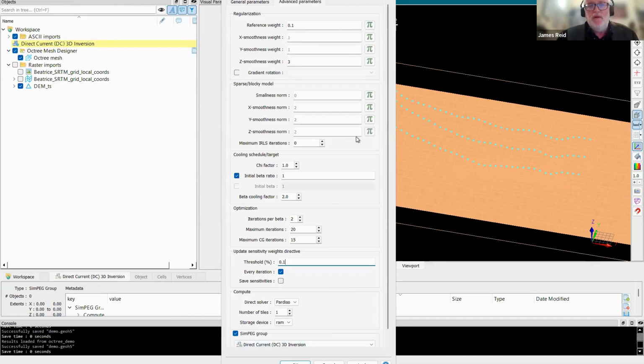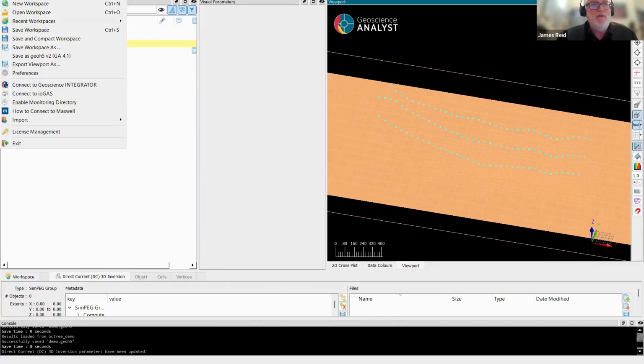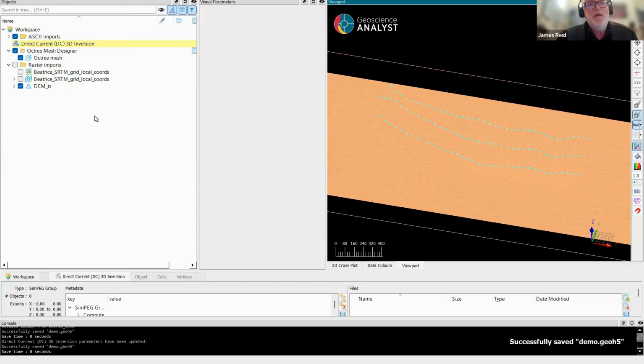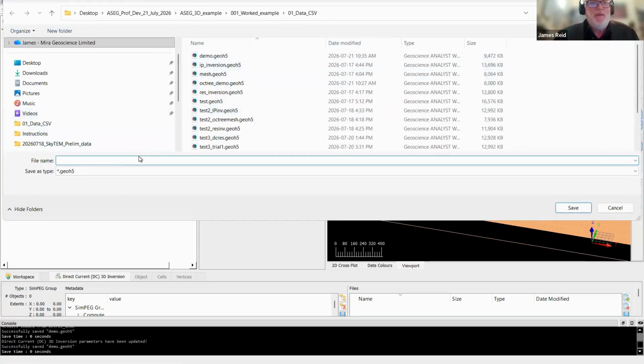So we've now set all these parameters for the inversion. I click OK, and that creates a DC inversion node in the tree here. Before I go anywhere further, I'm just going to save this. Like with the Octree Mesh Designer, I can now right-click on that DC node and either edit the options or run the inversion locally, which is what we want to do. So I'm going to run this. I'll call it